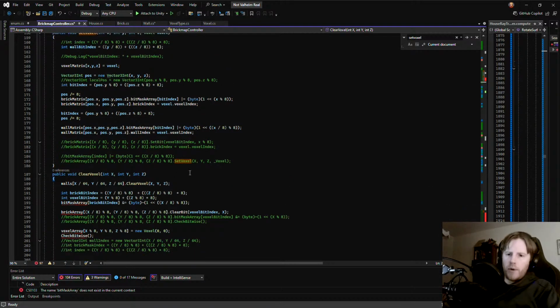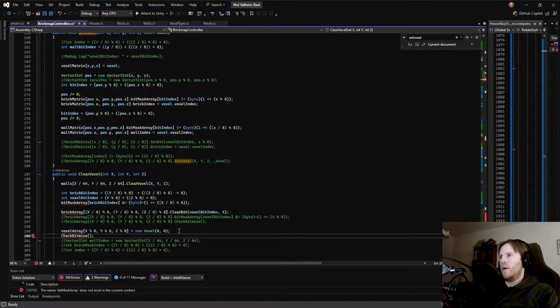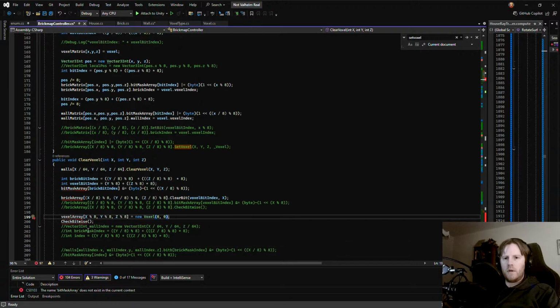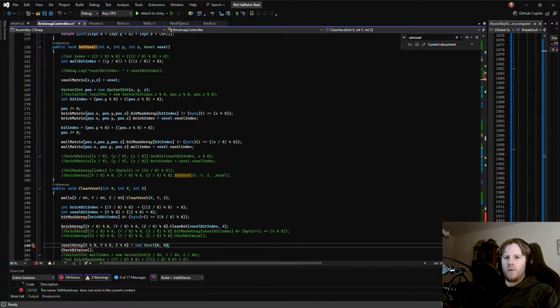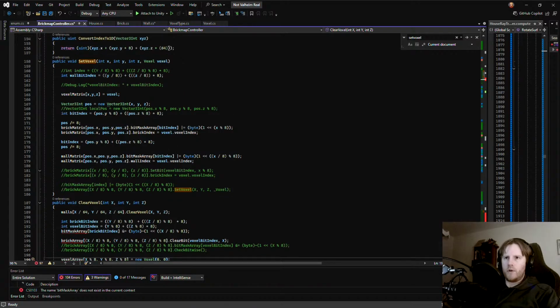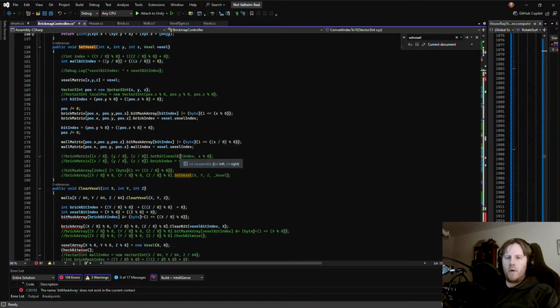Because what are we doing here? We're just setting it to a new voxel. Yeah, because there's no such thing as a null voxel. We only have an empty voxel. So that means that clear voxel is basically set voxel, but the voxel is just 0. The difference being